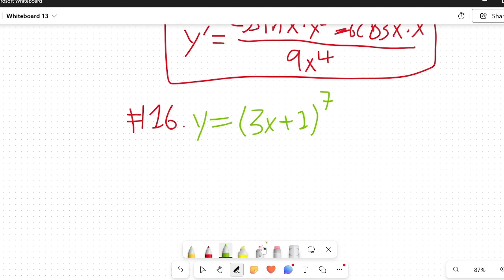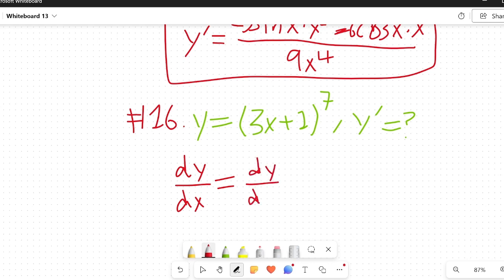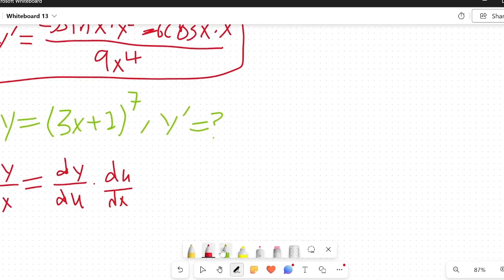So y prime equals what? We know that we can also write y prime as dy/dx equals dy/du times du/dx, right? So essentially, the derivative of this function is going to be the derivative of y with respect to u, and then we multiply it by the derivative of u with respect to x. So essentially how we are going to do this, right, is